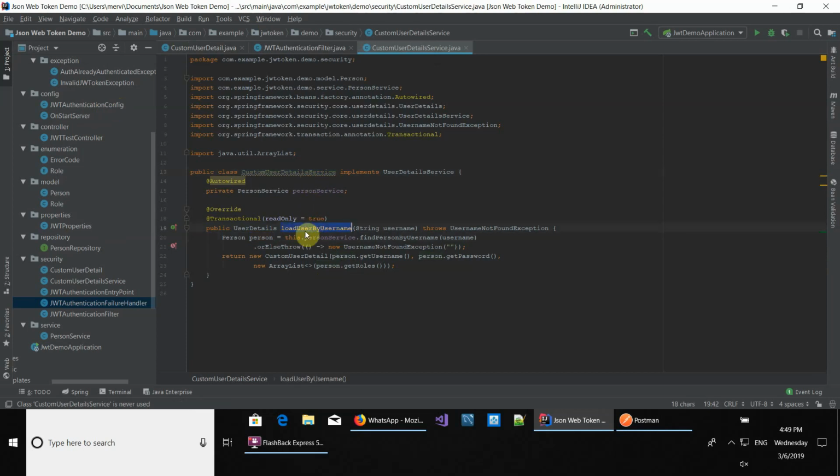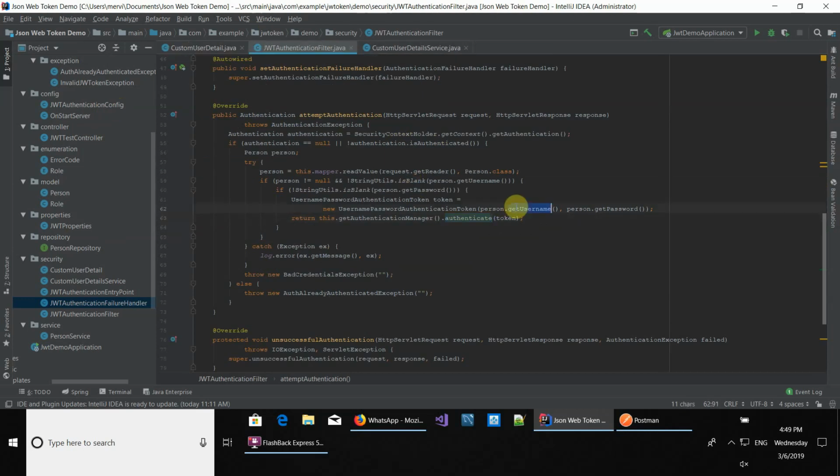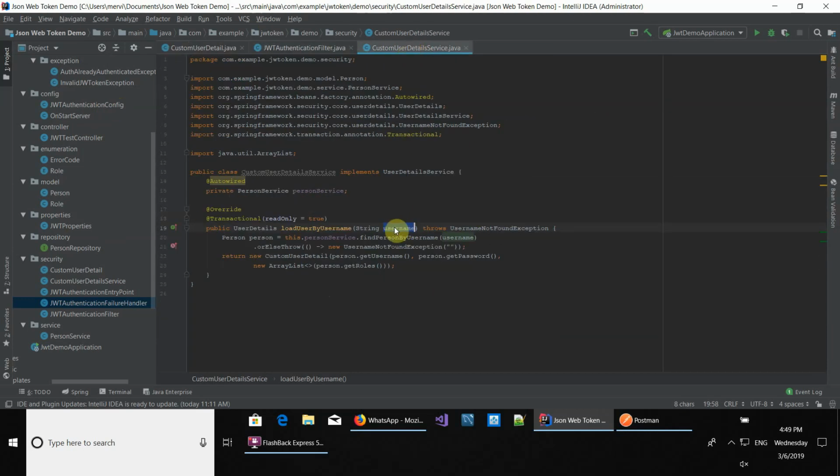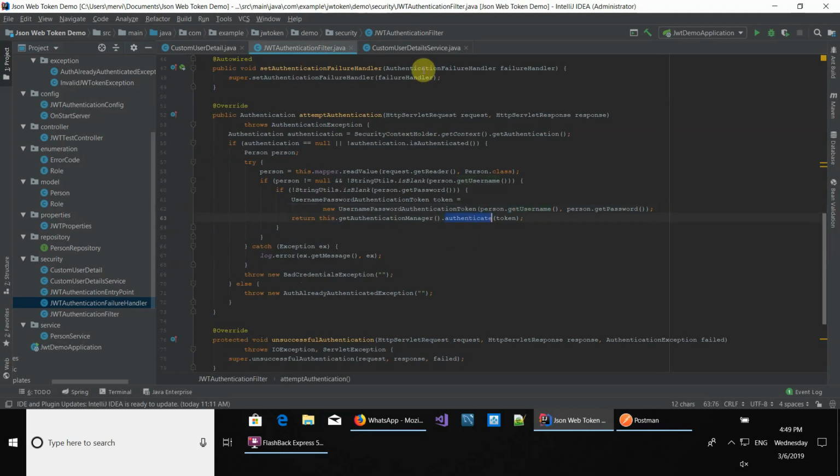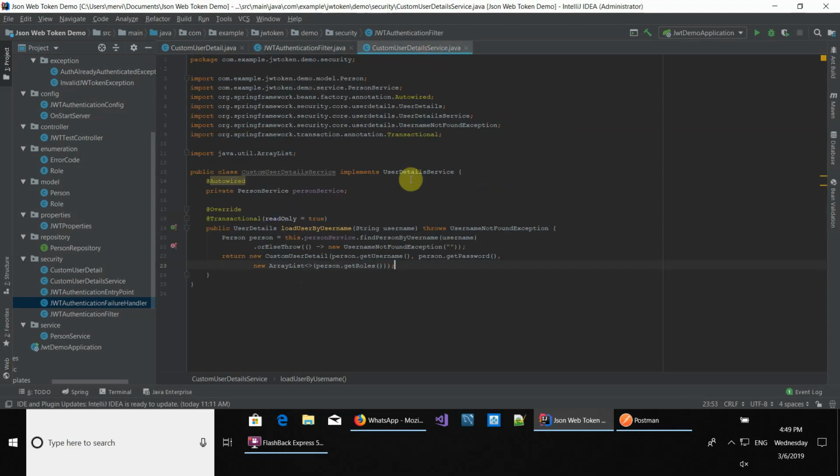This class gets the username that we passed here, so this username is used here, and we query the database to see if there's a person, and then it makes a new custom user detail. This is passed further down the chain by this method authenticate, and this method also at one point checks the password